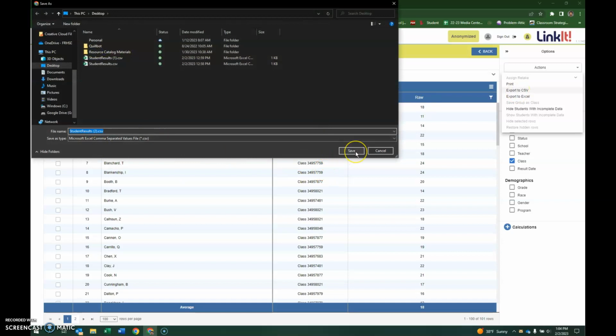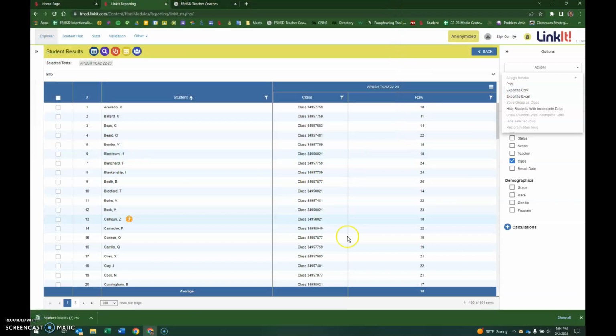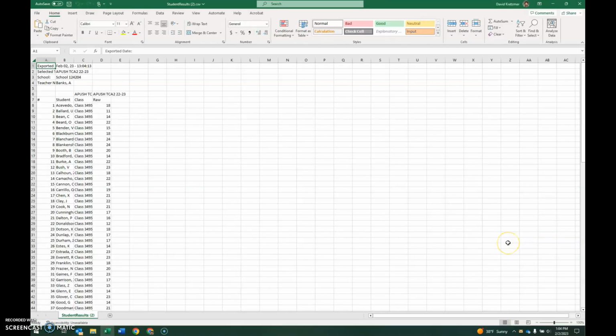Now, the next part is I want to download the CSV file. I'm going to download it to my desktop, and it comes right down here in the bottom left. I'm going to just double click it, and it opens up as an Excel file and has all my scores here. So what I'm going to do is grab that data